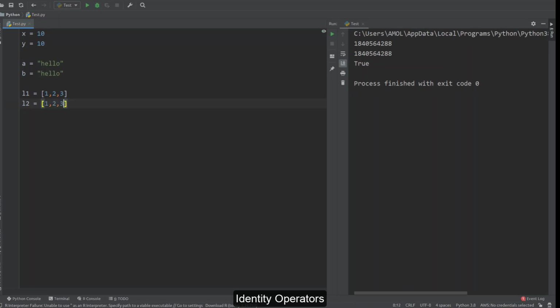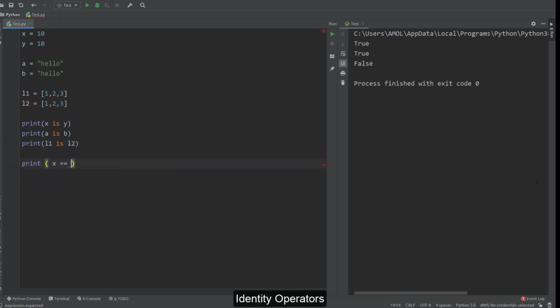So we have created two integer variables having the same value, two string variables having the same value, two list variables having the same value, and we are printing the outcome of is everywhere: x is y, a is b, and L1 is L2. If you run this code, you get true for the first two expressions and false for the last expression.